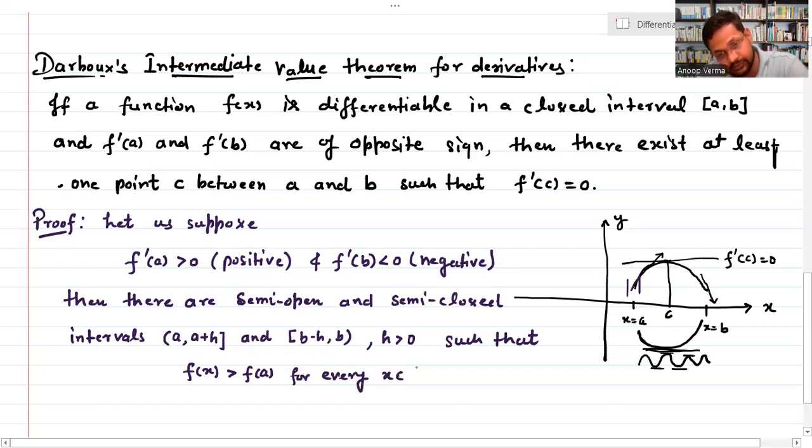x belonging to this interval a comma a plus h, sorry, close one, क्योंकि इस इंटरवल से कोई भी पॉइंट है उसके लिए एफ एक्स जो निकालेंगे वो एफ ए से बड़ा ही होगा, क्योंकि वो इंक्रीजिंग है। और जब हम इस इंटरवल की बात करेंगे तो एफ एक्स हमारा जो है छोटा ही रहेगा,